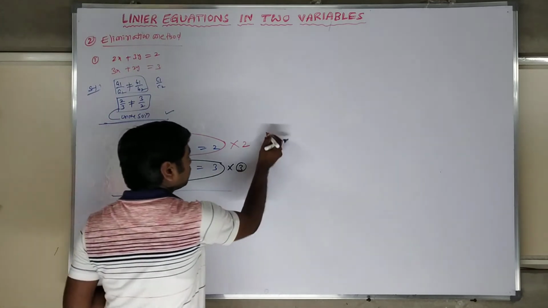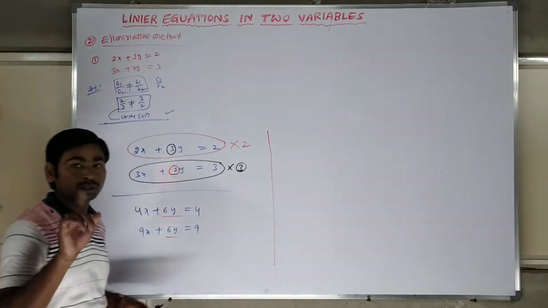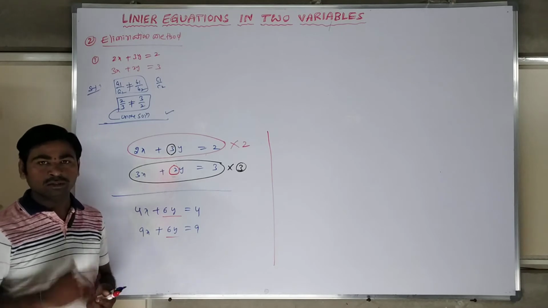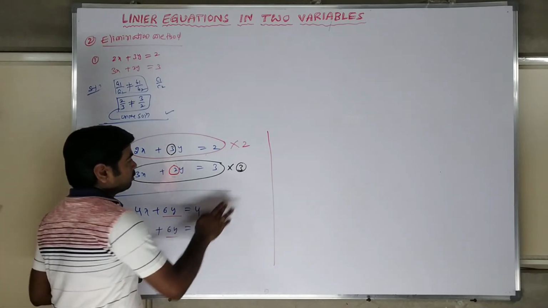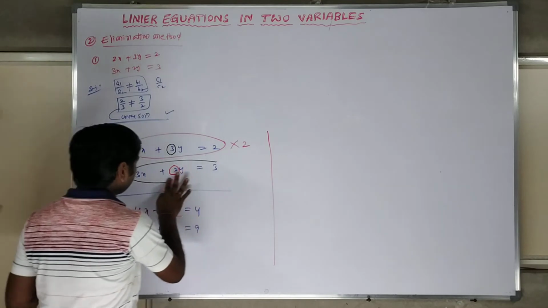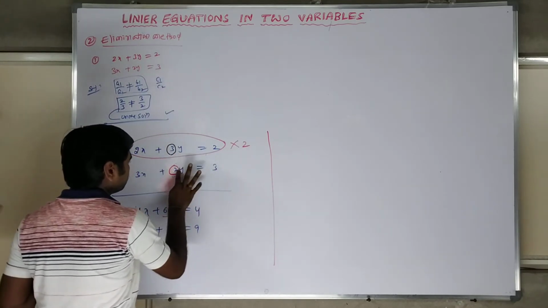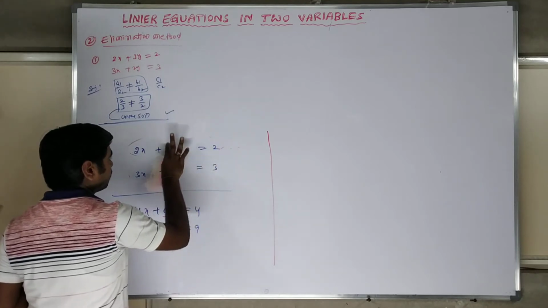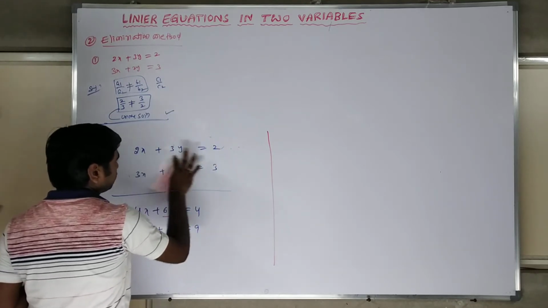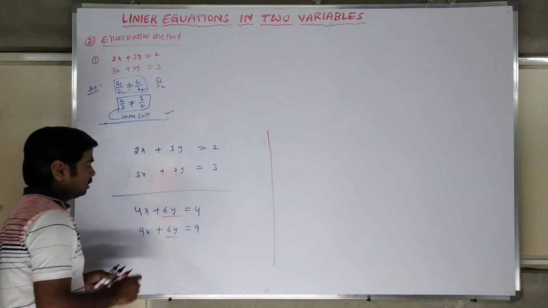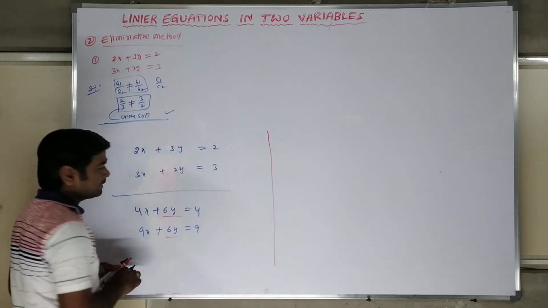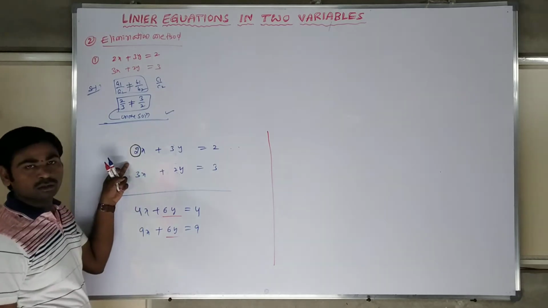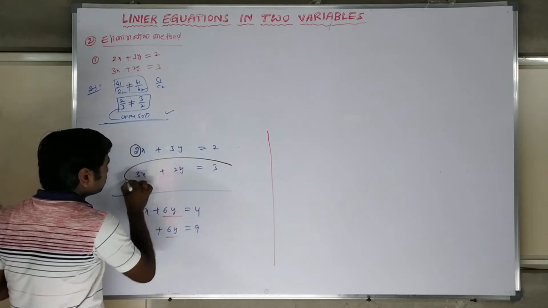I will do the other case also. I am interested in eliminating the x component, not the y component, so the same procedure you have to do. It is a very simple approach. Whatever you want to eliminate, you can see here. You want to eliminate the x component. Take the first equation's x coefficient, which is 2. It means the total equation you should multiply with